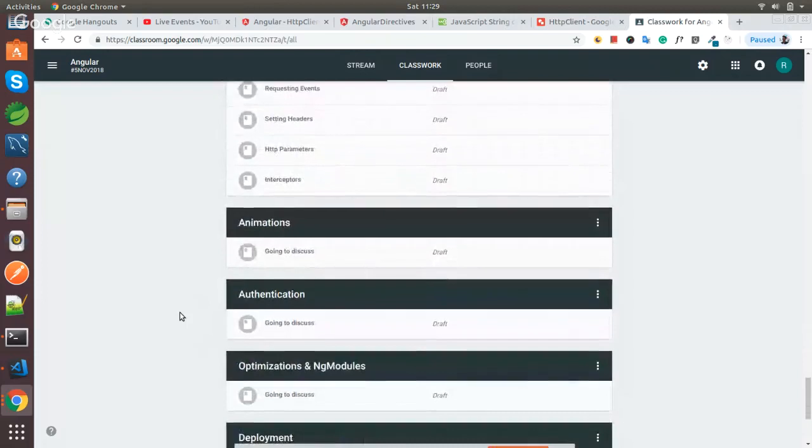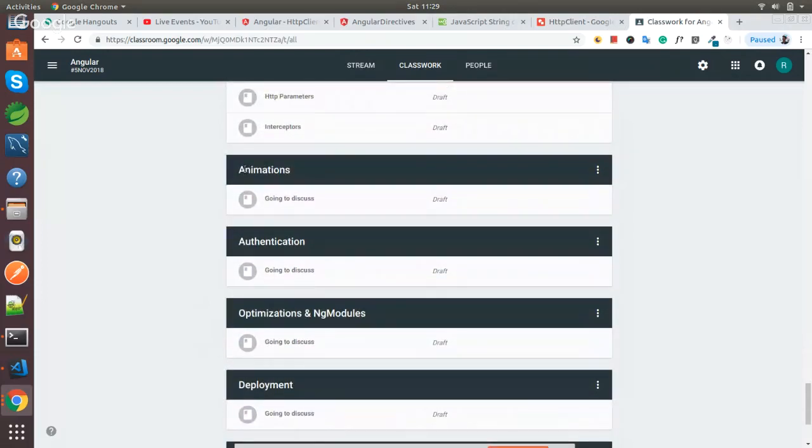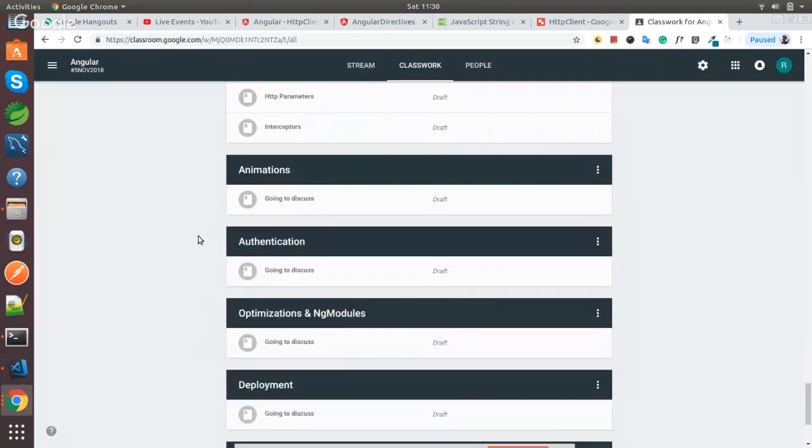And so that's it. One more thing you have to see is animations. Basically, there is another one called animations in your Angular. That is not mostly used. Basically, animations like